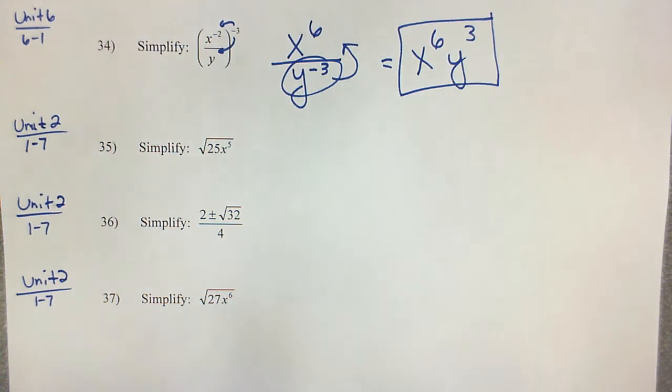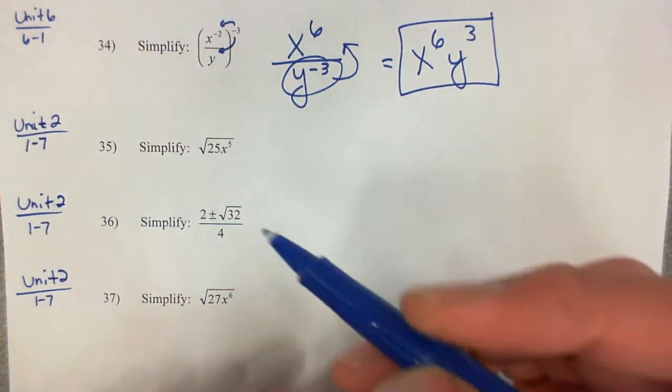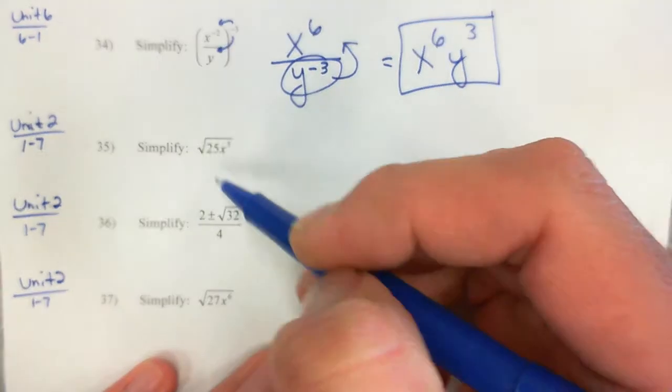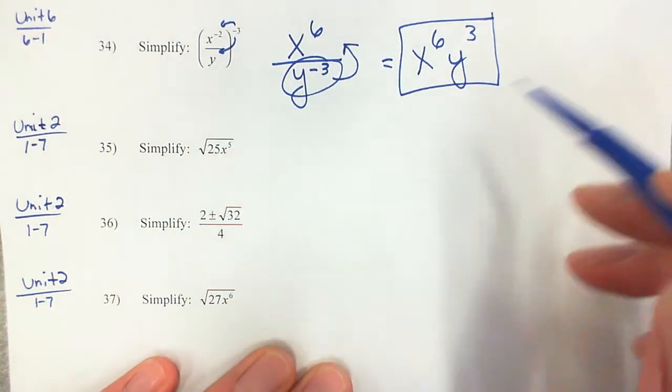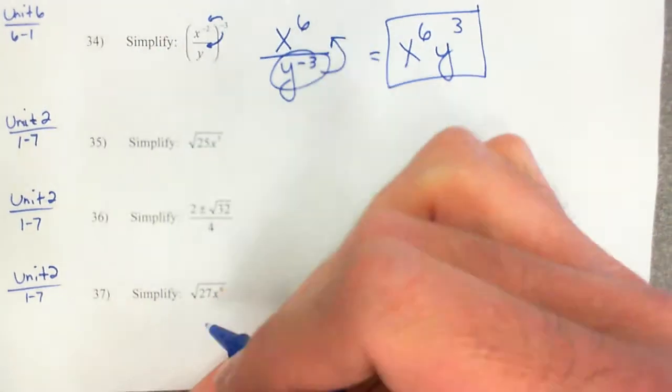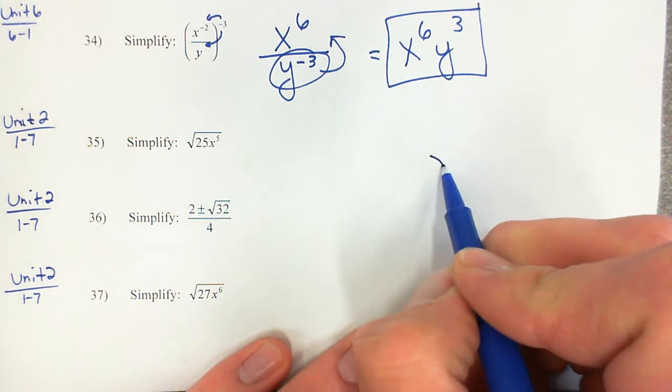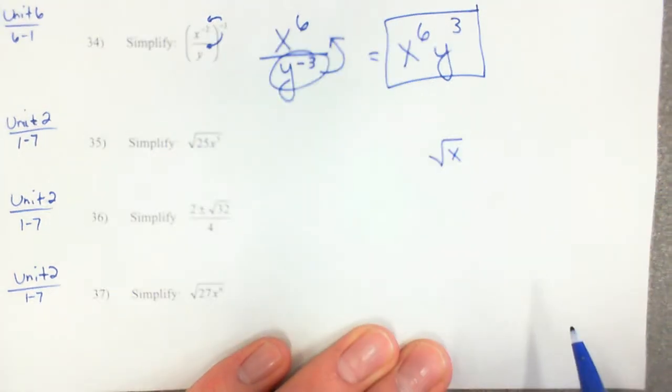Okay, on question number 35, 36, and 37, these are from Unit 2. This is simplifying radicals. So remember, you just want to simplify the square roots here. So let's review quickly how to do variables. Now the square root of x, remember you can't reduce,